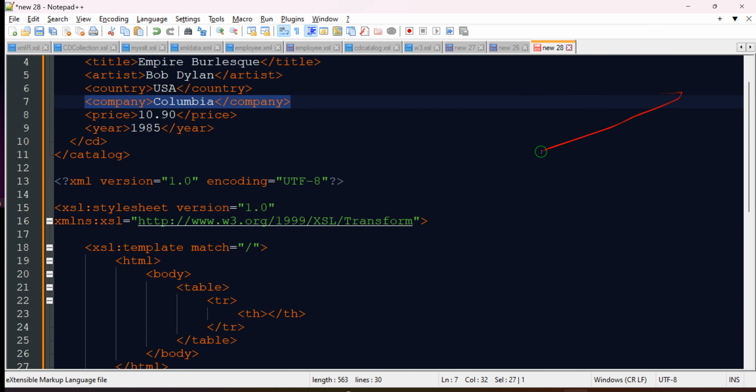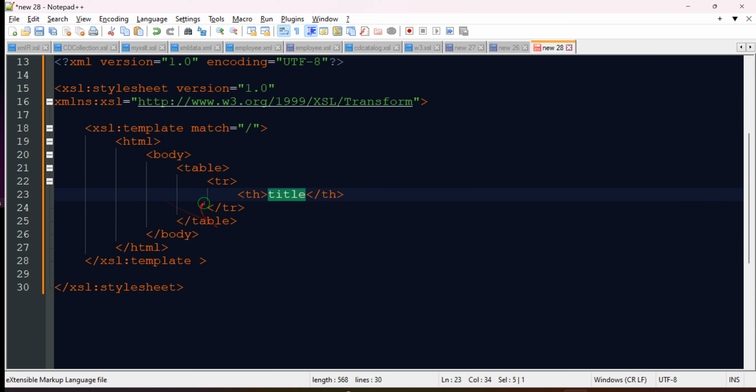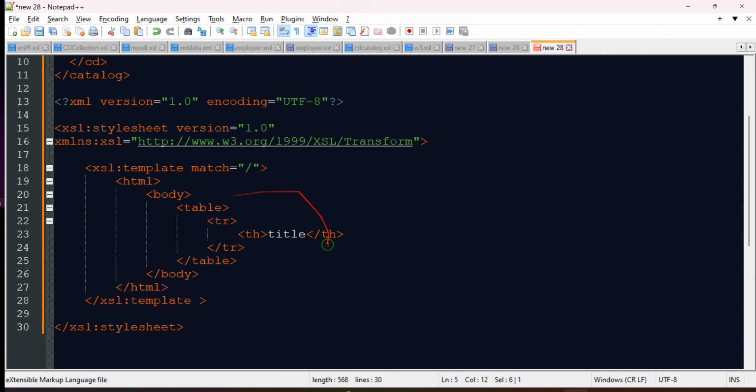On a table we have a header, like this is the header. So let's add on a row. This is our first row. If you want to create many rows, you could copy and paste that one. Let's say I want a title. You could place it right away right here, title. And also let's copy, I want artist. Let's copy that one. Like you could display all your data,